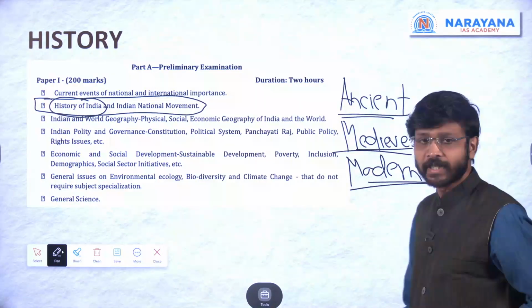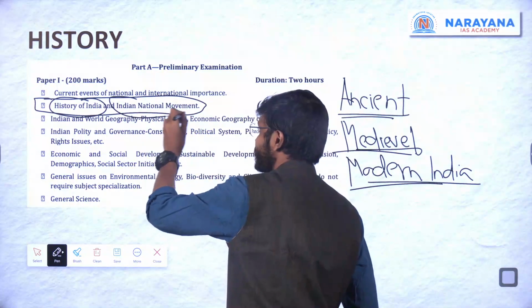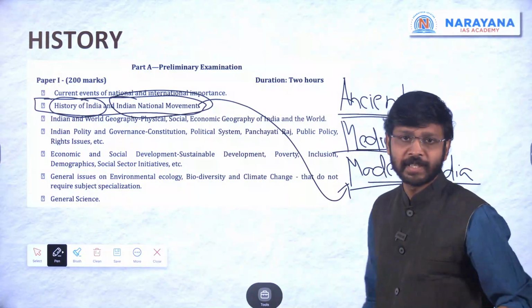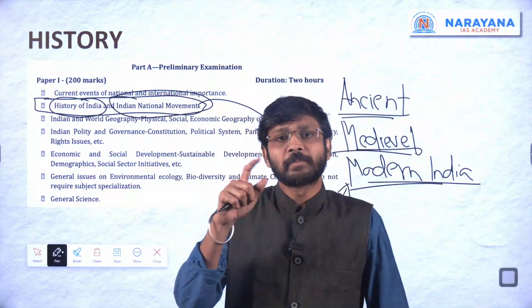Okay, so what do you mean by modern India? Again, this is mentioned here, Indian national movement. So basically modern India means it will be coming in the Indian national movement itself. So here the British Raj will be coming,